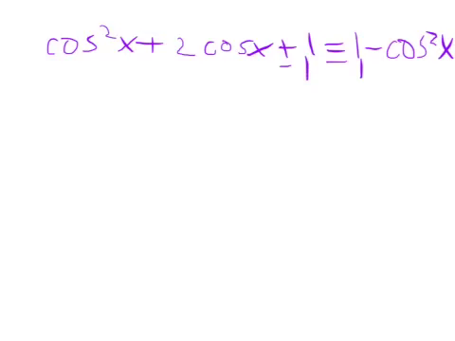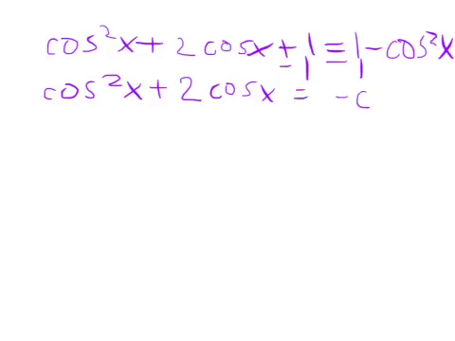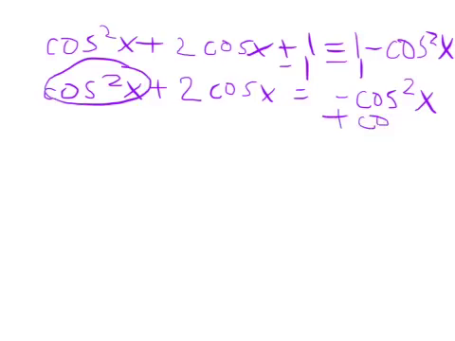And then when we rewrite that, we get cosine squared x plus 2 cosine x equals just negative cosine squared x. And now what we can do is add the cosine squared x to this cosine squared x because they are the same variable, or common variables. Add. Okay, so then you would get,